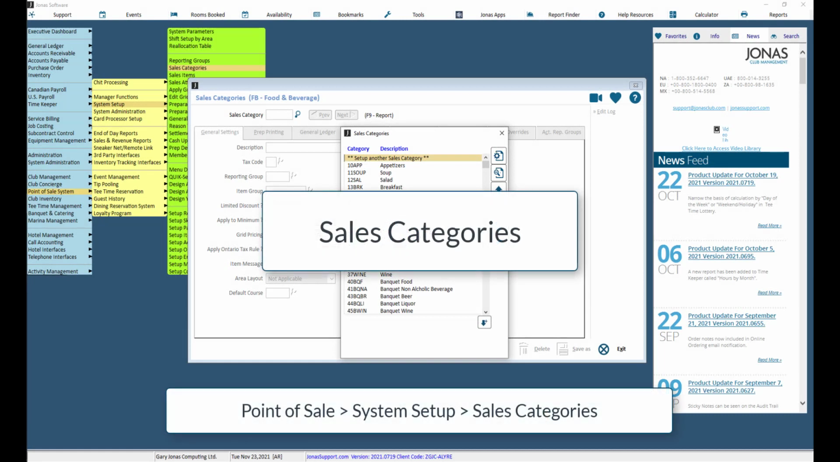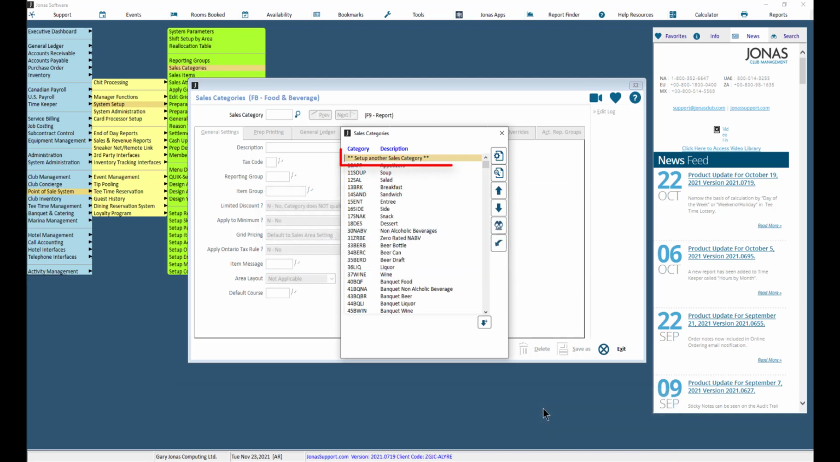Use the Sales Categories program to define sales categories that will control what taxes are applied, what prep printers will be updated, and what revenue GL accounts will be posted to when sales are made. Select Set up another sales category to create a new category, or select an existing category to review or make edits to it. If you are creating a new category, it can be helpful to look at the list of